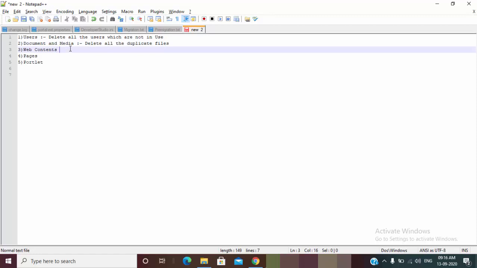For web content, delete all the versions except the latest version.